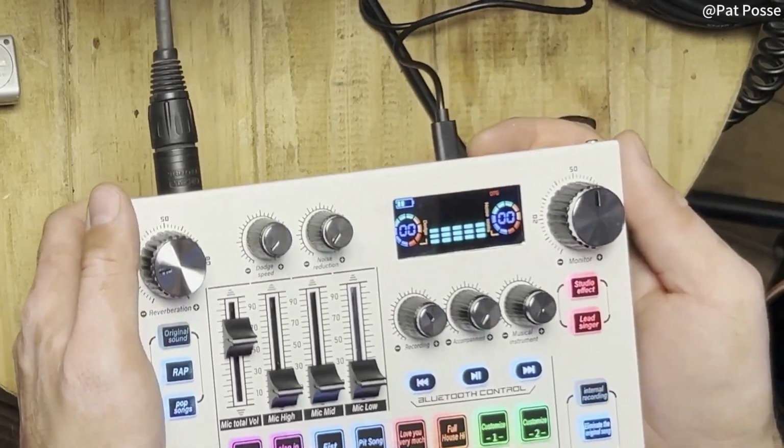So that's pretty cool. All right, I'm gonna have to play with this a little bit more, but for 89 bucks, it really seems like it's a really cool interface. I love the fact that it's battery powered, so I can just unplug it and it'll keep on working even though it's not plugged into anything. So that's kind of cool. But I just don't know how well it sounded